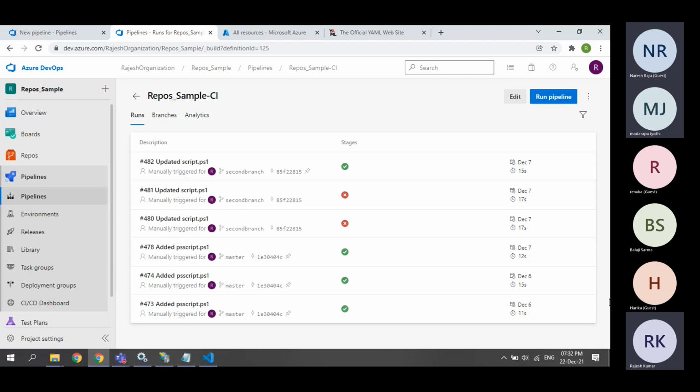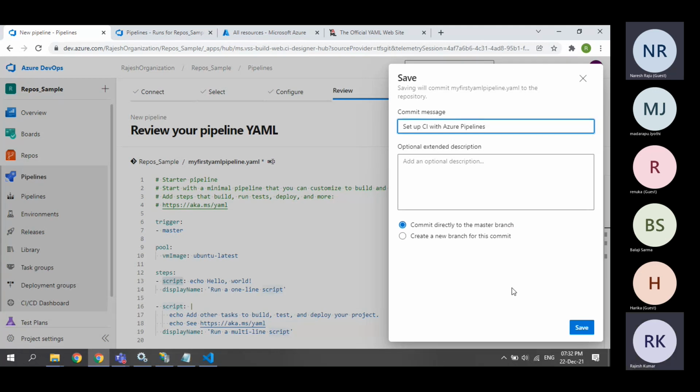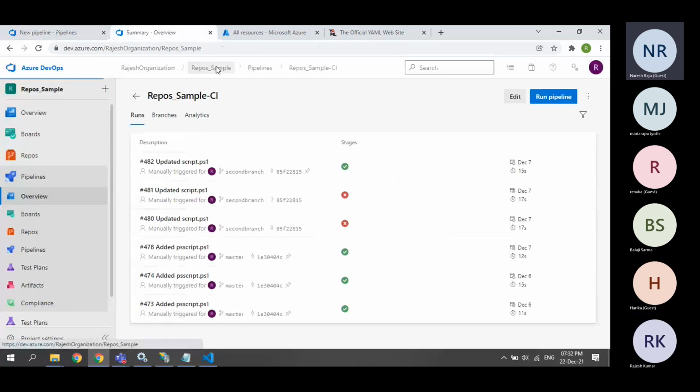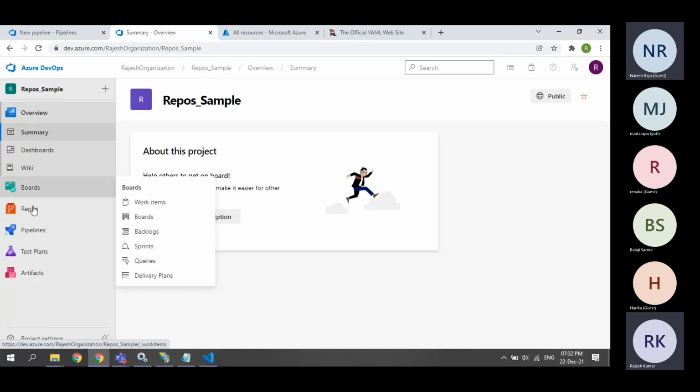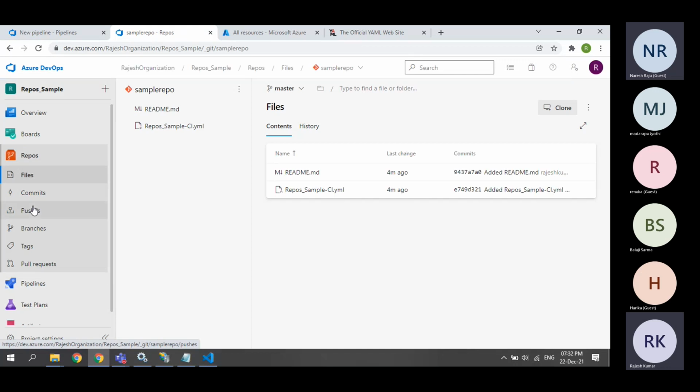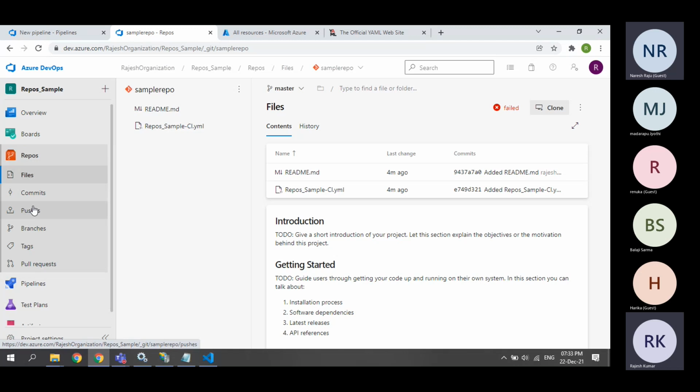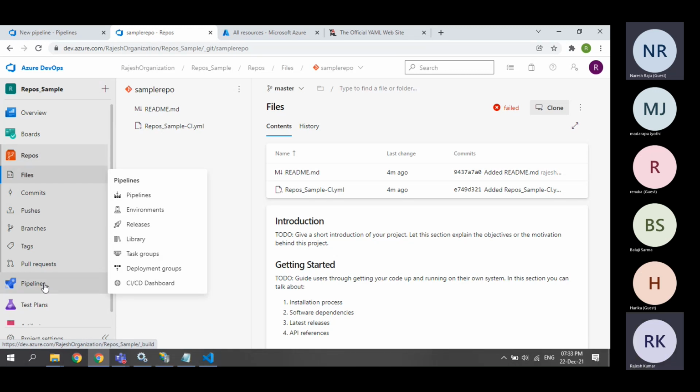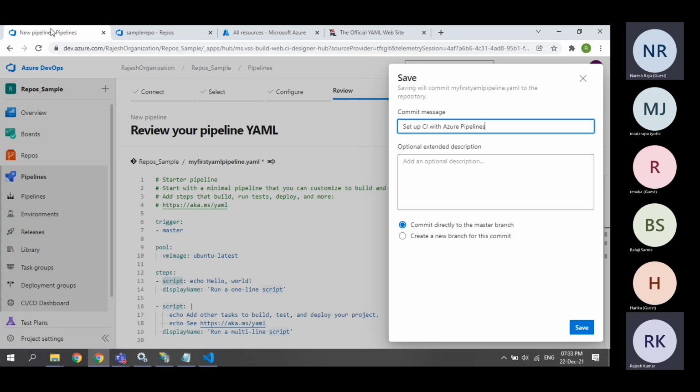Or if we create a new pipeline ourselves, why does that pipeline come here as a commit? Do you understand now? Because every pipeline we create gets added to our repo as a file. Every YAML pipeline we create is added to our repo as a file. So that in future, if you want to share your pipeline with other people, you can just share the file. You no need to share the pipeline. So if you want to share your pipeline with any other people, you can just share the file, not the entire pipeline. That's the reason whenever you create any YAML pipeline, that YAML pipeline will be added as a file to your repository. Now if I go for save,